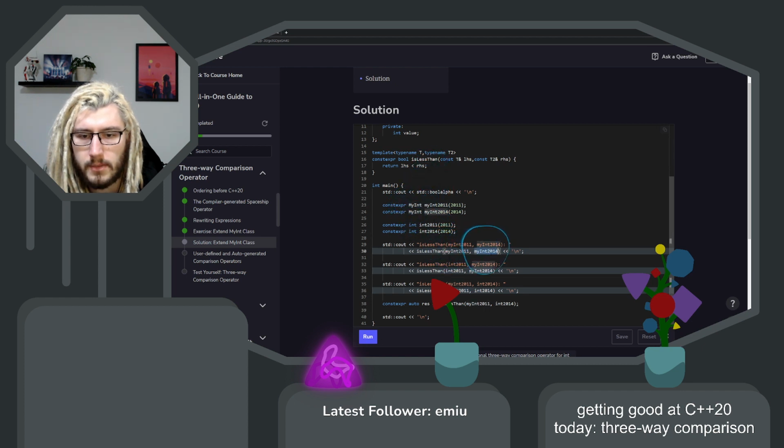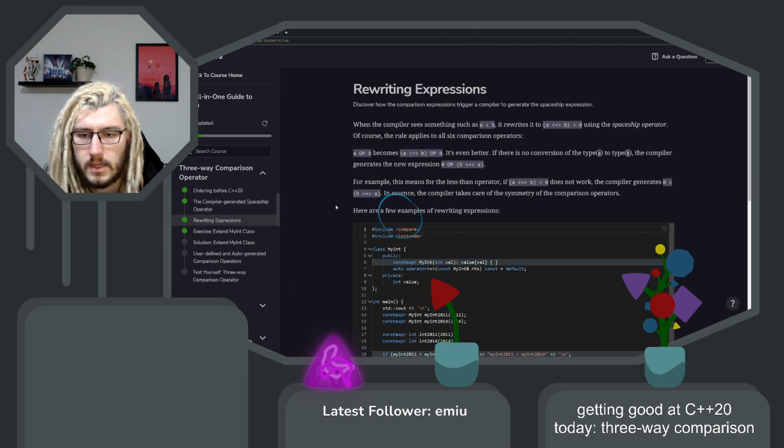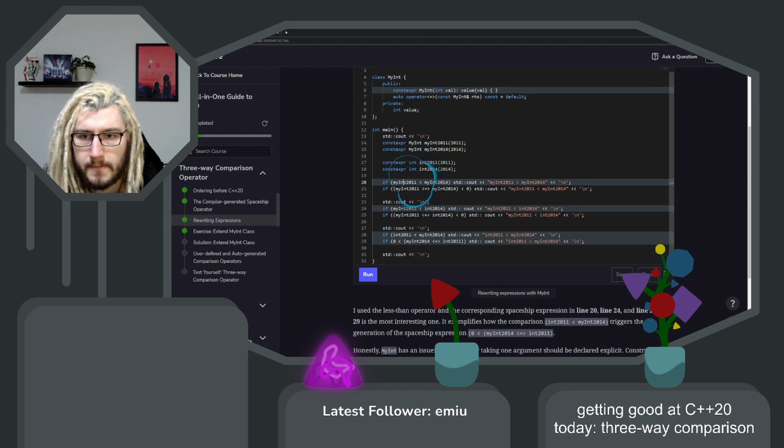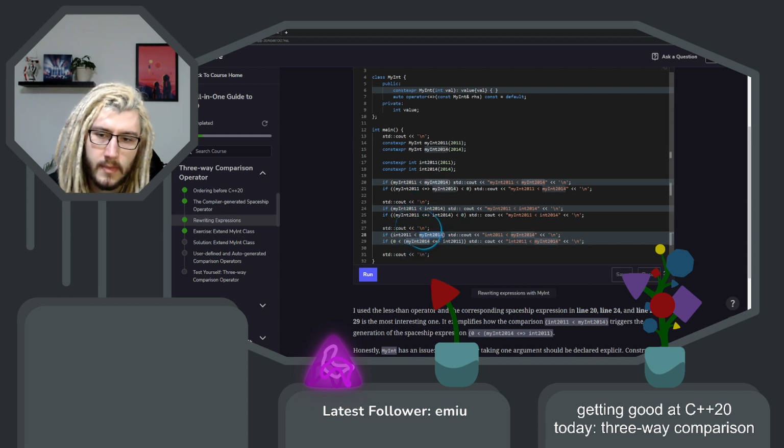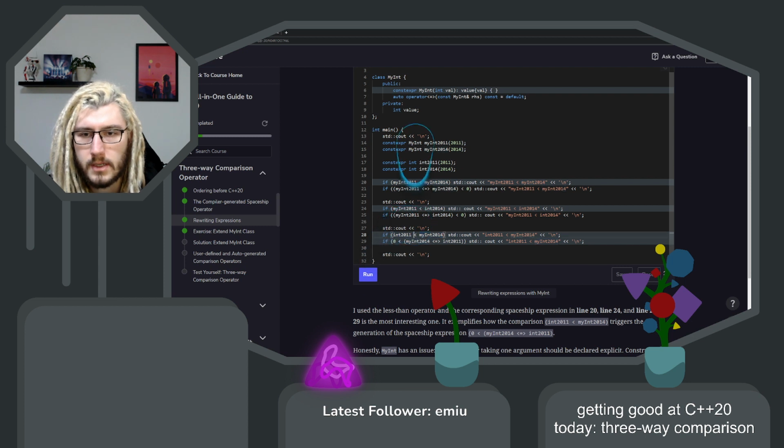Because what they compare here now, like we did that before already. Like we also have the myInt integer comparison here, and then the int myInt. Oh, though we didn't like use the spaceship here directly, right? We did use the spaceship